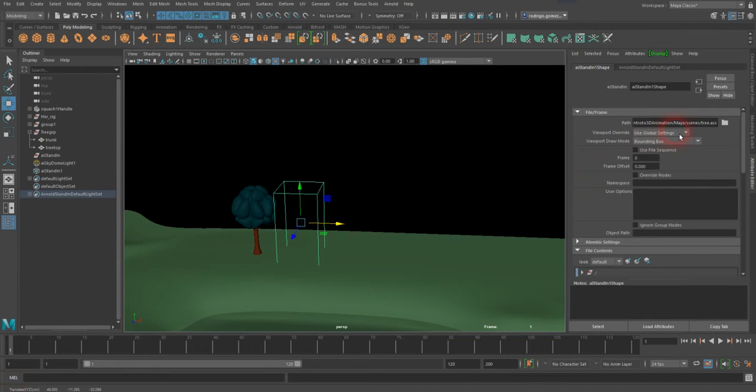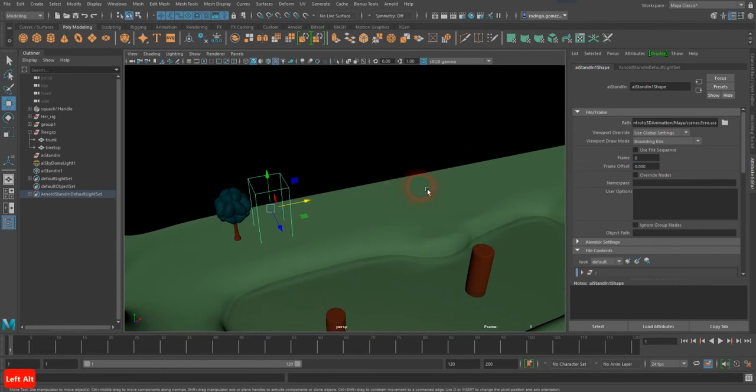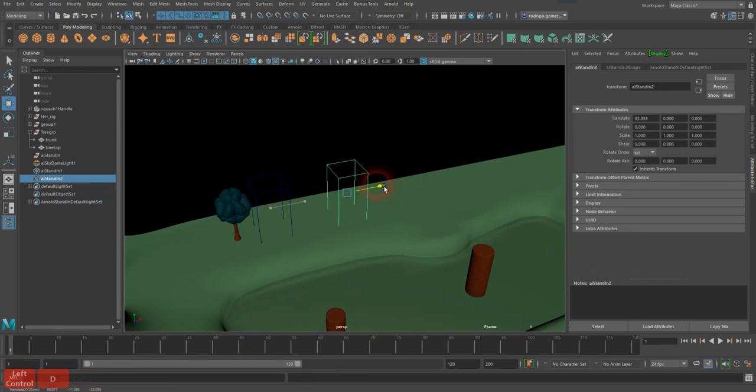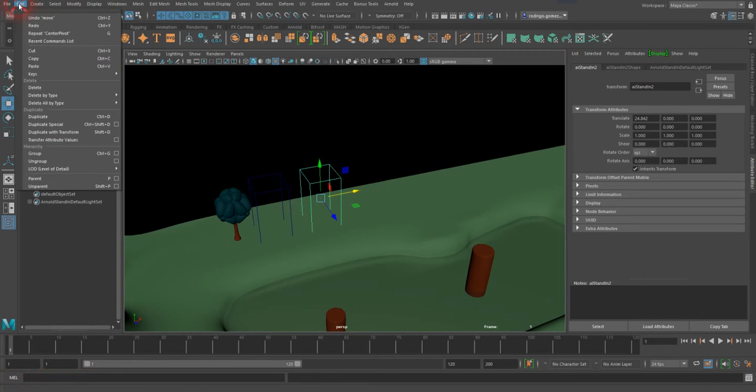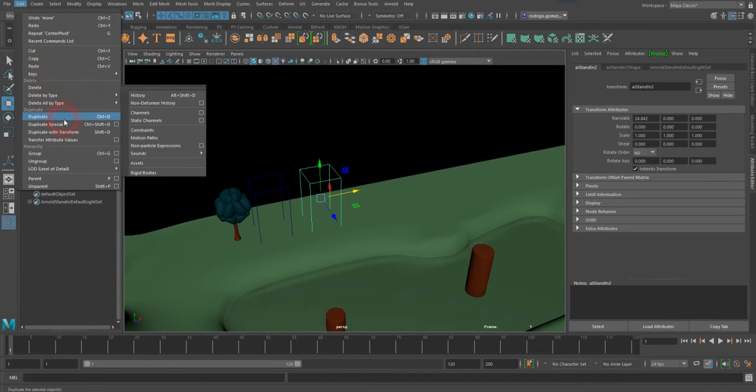If I want to look at it here on the settings, I can make it so that I can see the poly wire of it. I don't really need that, but I'm gonna just make it as a bounding box. And I'm going to duplicate it. I can duplicate it manually, so I can duplicate and then put them all. But I also can go and say duplicate special,